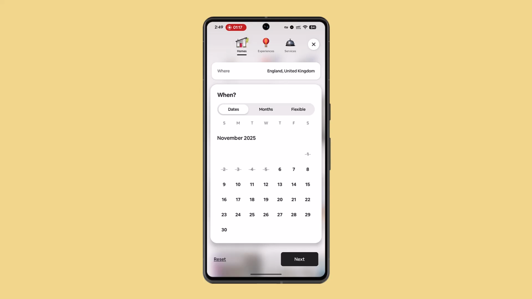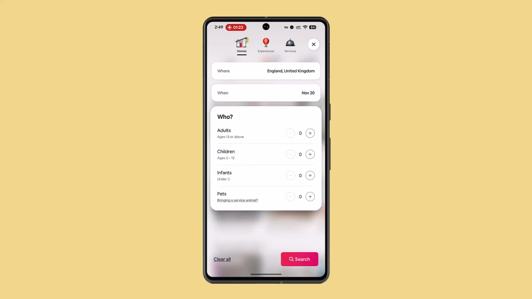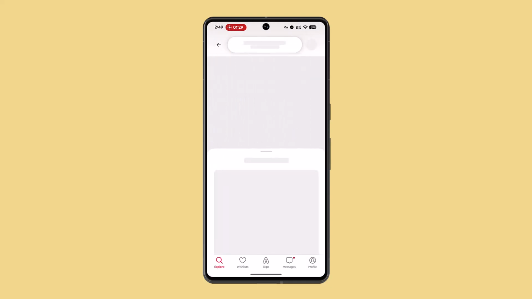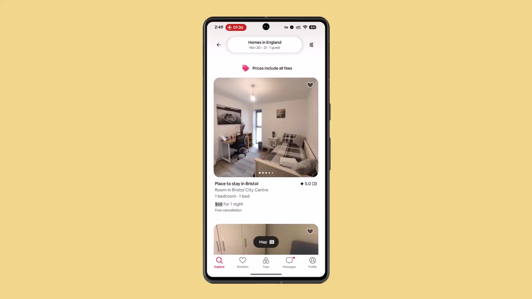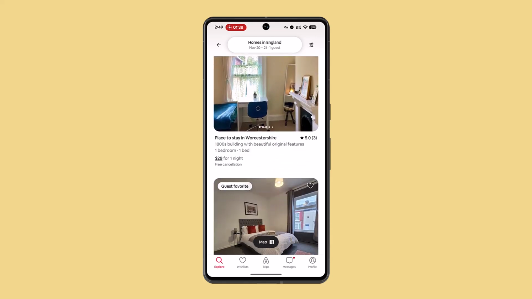query, after which you will be asked to select a date when you actually want to make a reservation or when you actually need it. Tap the next button, and add who is coming along with you, whether adults, children, and all that stuff. Click on search. Then you could find the listings according to the preferences you've selected. So basically you want to go ahead and look for it, and this is how you could use the Airbnb mobile